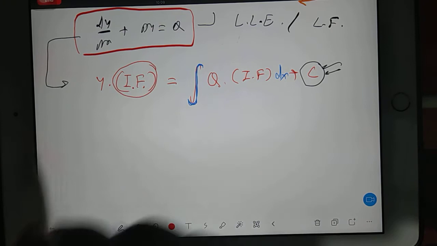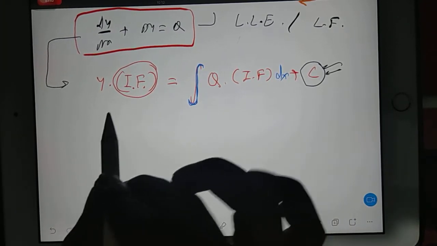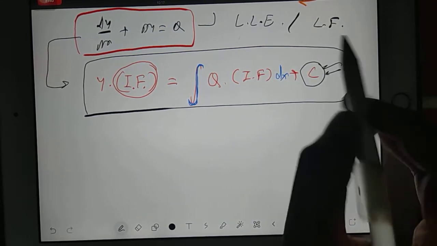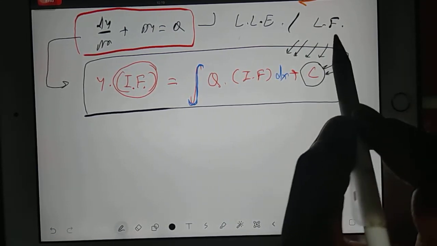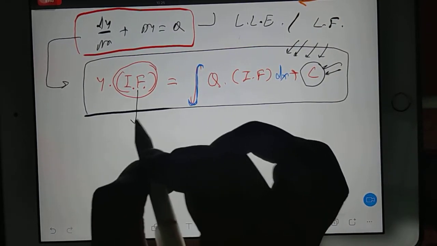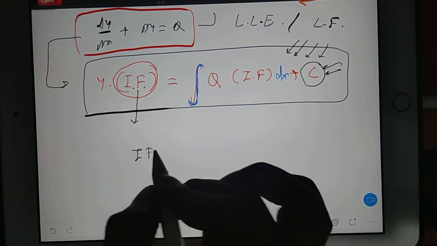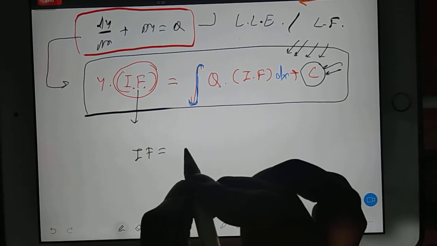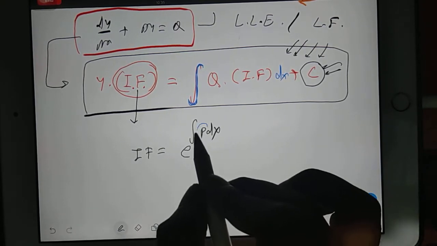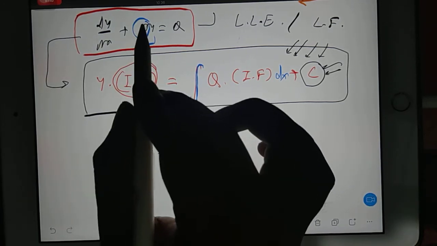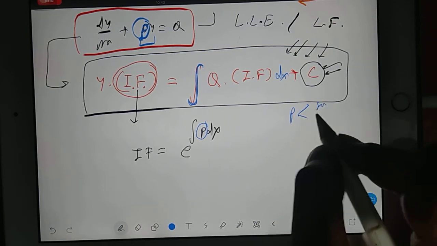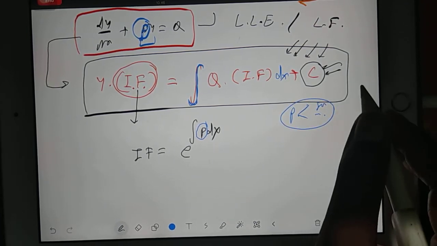This is a very important thing here. See guys, this time we are not going to bother about how to solve the equation. We are directly remembering the answer of any Leibniz form. But in the answer, what is integrating factor? Integrating factor has its own formula, that is e power integration p dx. Now see, this p is which p? That is the coefficient of y, this p. So p will be any function of x, sin x, cos x, e power x, anything will be given.